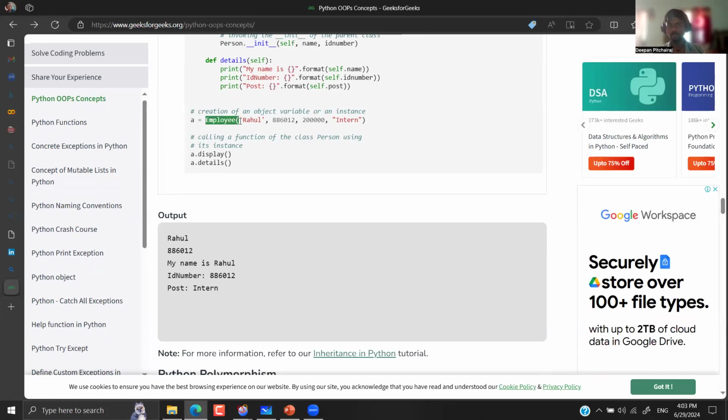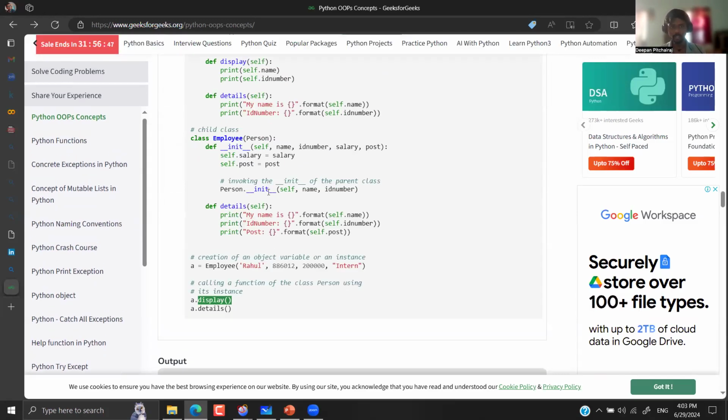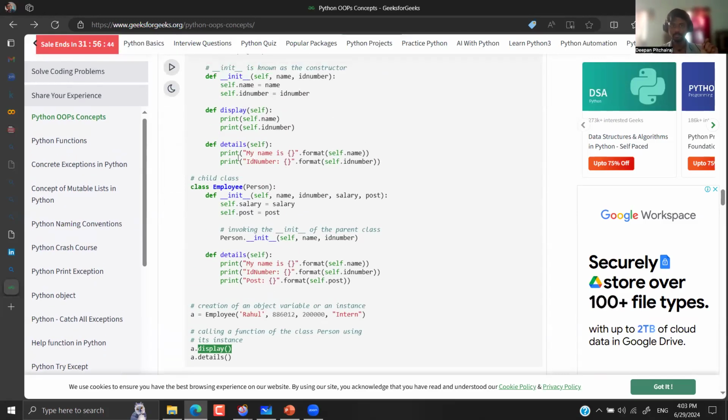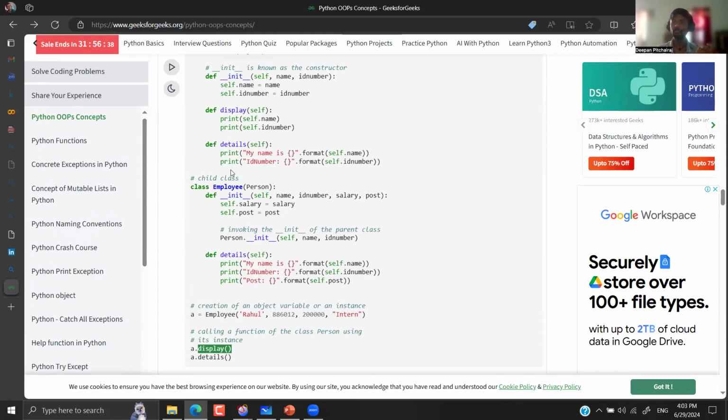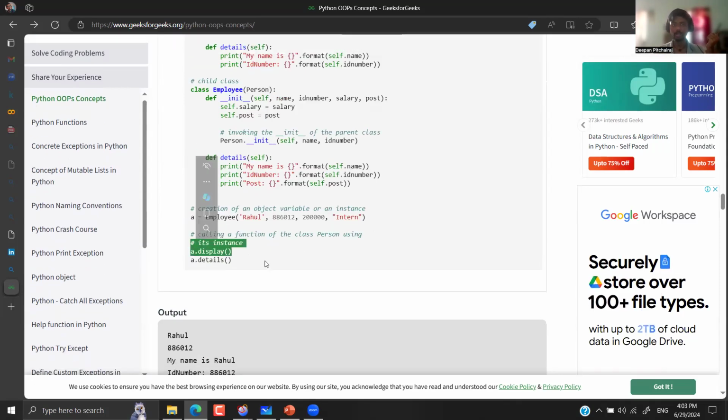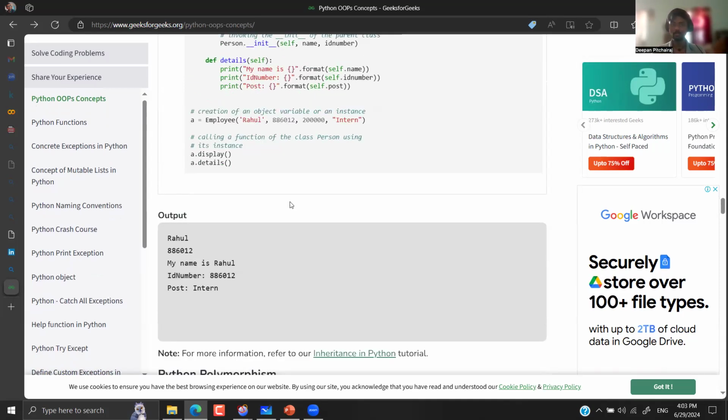So we are using the blueprint, and based on the blueprint we have created an object and then asked the object to use this function display. Now try to find where this display is located. Display is currently located in the person, not in the employee, right? Which means we have inherited both the attributes as well as the functions, the methods. So even if you have called the employee class, you can still use the display function that is present in the person class. That's why it is working without throwing an error. And you can also use details that is present in the employee class. So this is the process called